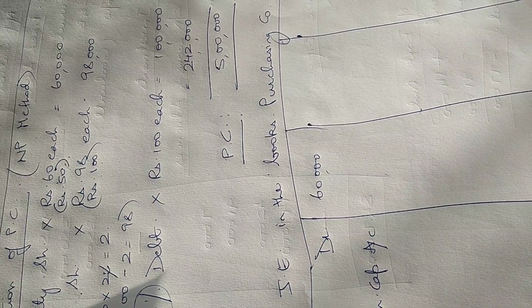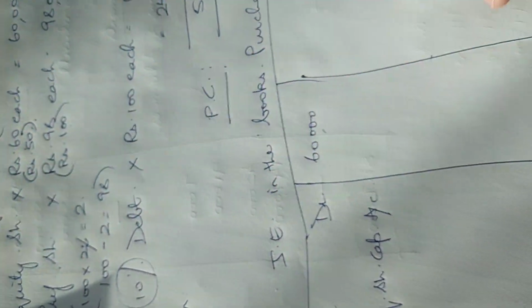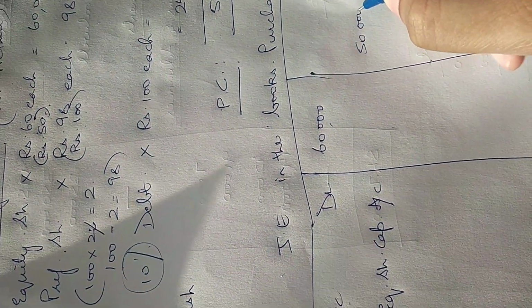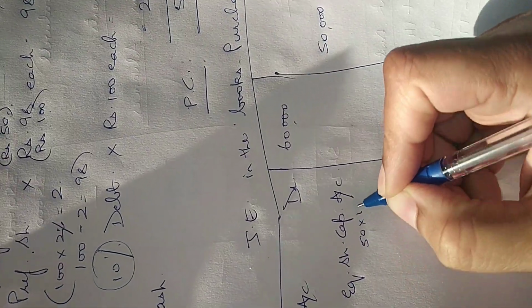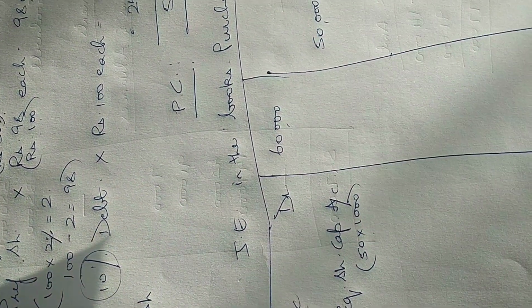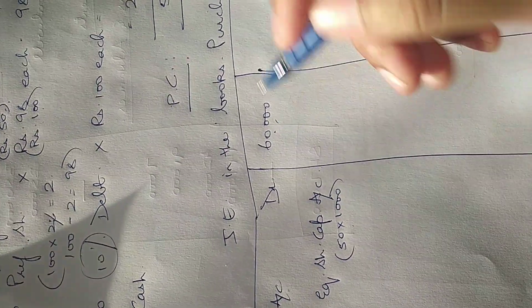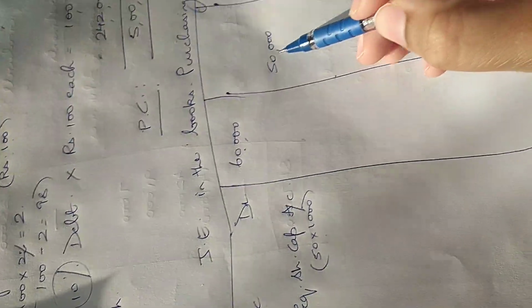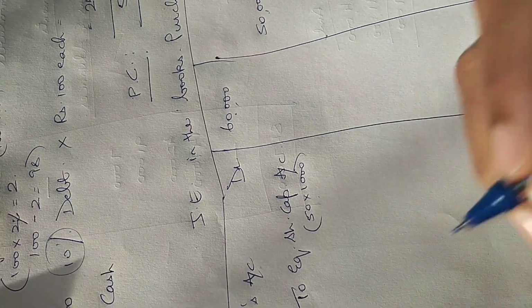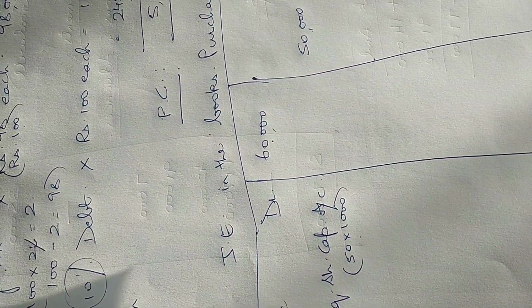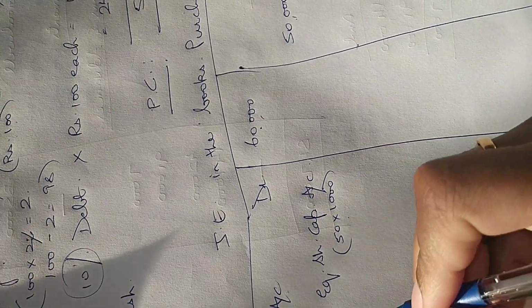What is the actual value of the share? 50 rupees. So 50 rupees into 1000 would be how much? 50,000 rupees. So this is the actual value of equity shares. How did I get this? 50 into 1000 equity shares. But how much have I issued it? I have issued it for 60,000. How did I get that 60,000? 50,000 as the actual value and a premium. Premium means what? It is a bonus for me. It is a profit for me. And profit means it is always the credit side. So therefore, to